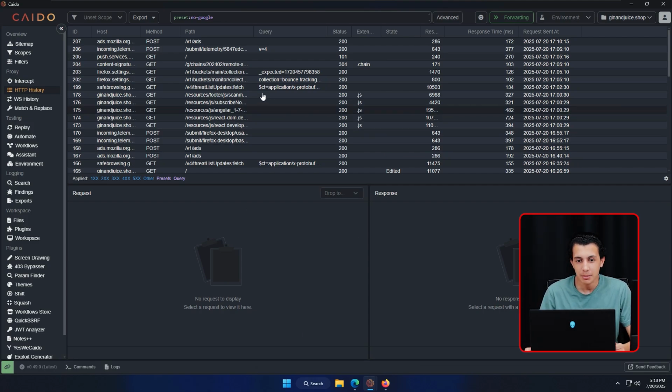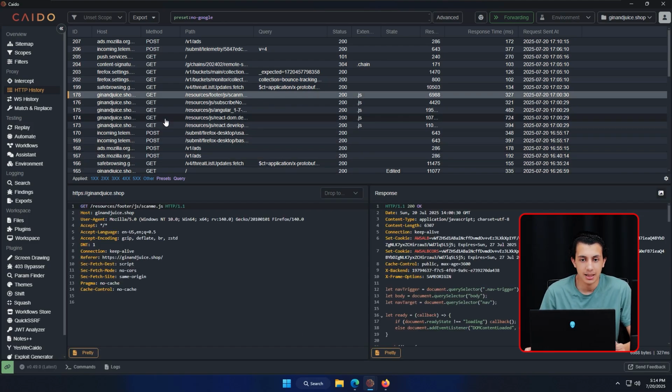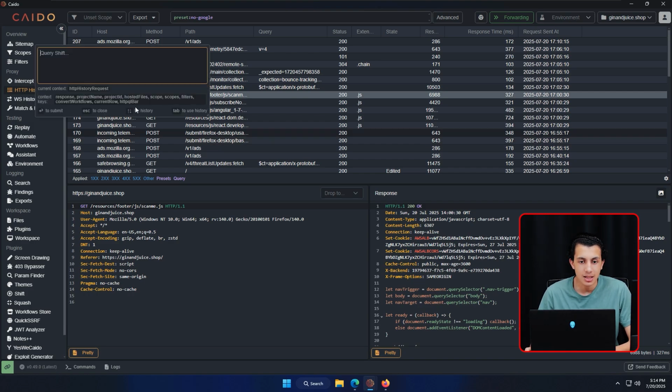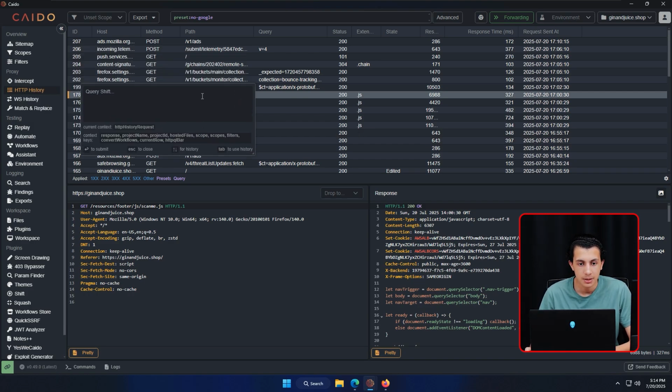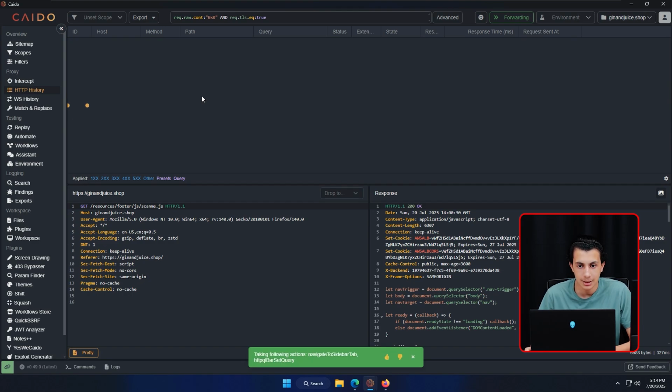So maybe you can tell it something like, let's Shift space. You can ask it for something like a search for the requests that only have, let's say, a 0x0 word within them and the TLS, for example. You can just tell it something like this. And once you hit enter, you will see that it is applied